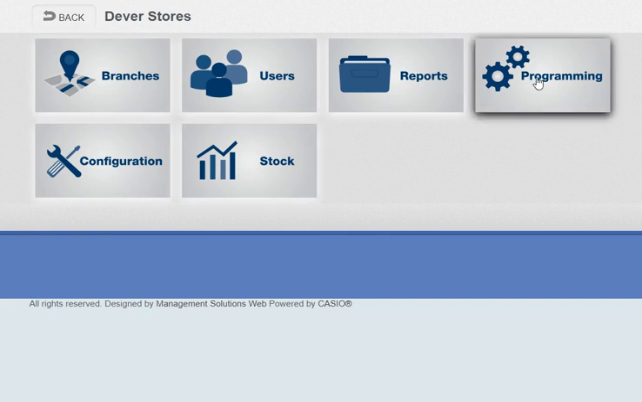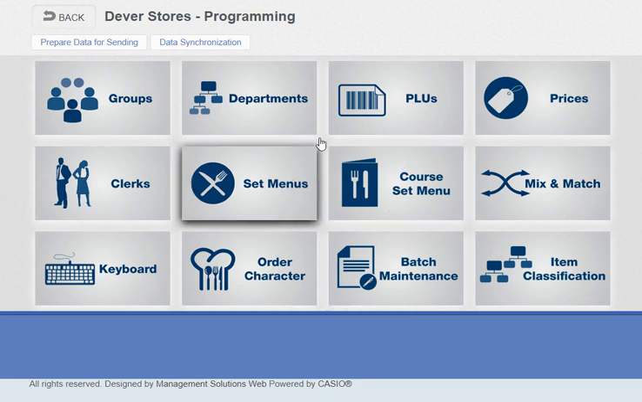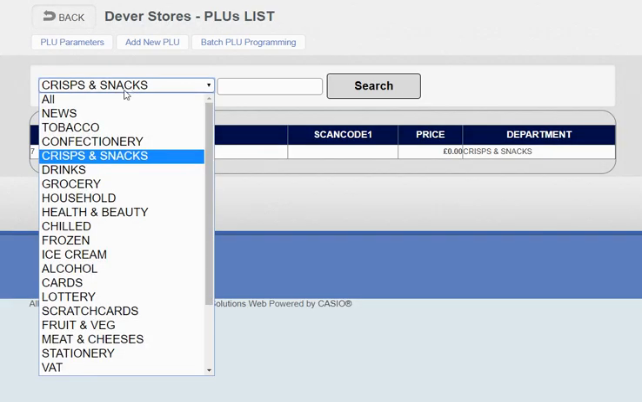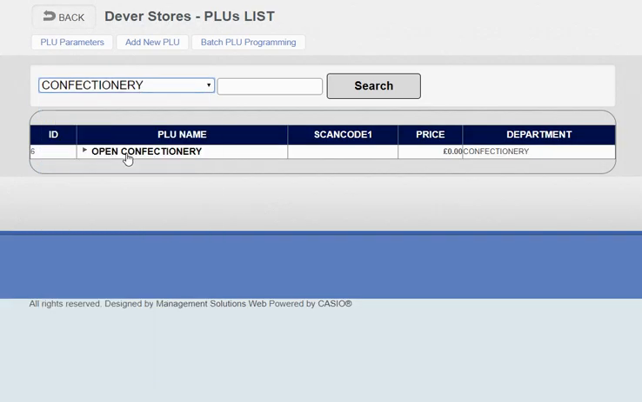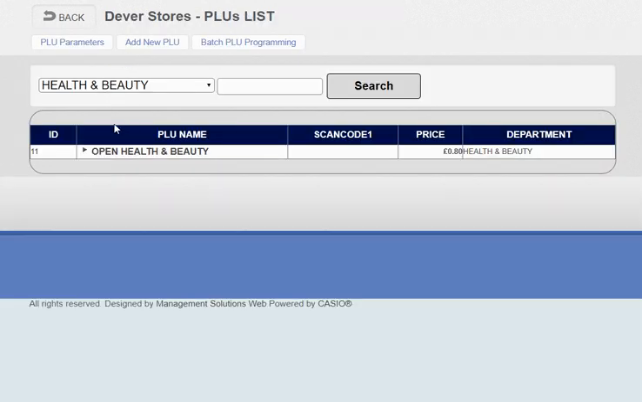Moving on to programming. So PLUs is where you're going to do all your adding new products and price changes. So you've got PLUs, you've got departments, you've got prices. This is where you can do some quick changes. So all you do in the PLU area is you just choose the item. In this case, they're all open price, but say they were priced, you just say in here 80 pence, save, and then you do the next one. Change the price, open, save,